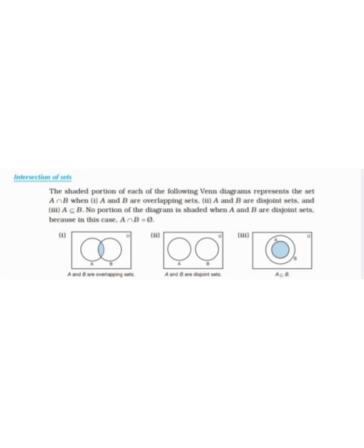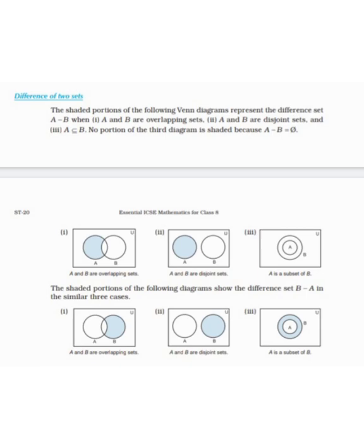The second condition: this is one of the ways to explain the intersection. A and B are disjoint sets, which means there is no joining and no common part. So no circle is shaded anywhere, because the two circles are inside the universal set but there is no intersection part. The third way is A is a subset of B. That means inside B the set A is there, so the intersection is nothing but A only. So for A intersection B, when A is a subset of B, the intersection part is fully A. Before you study union and intersection sums, you should link them with the diagram.